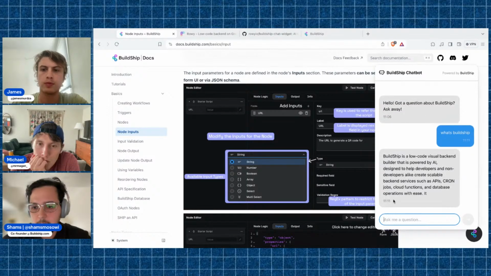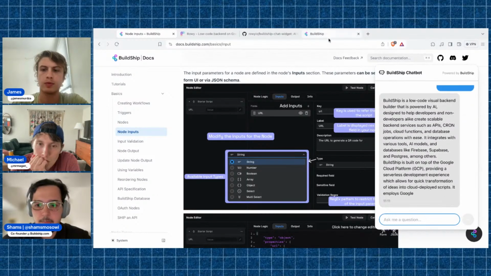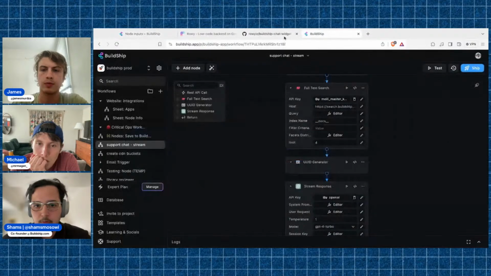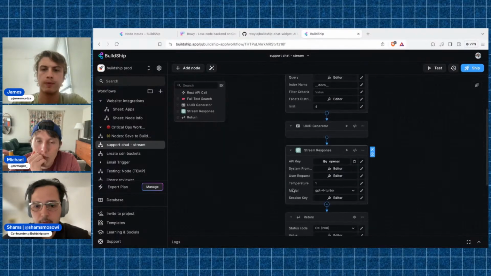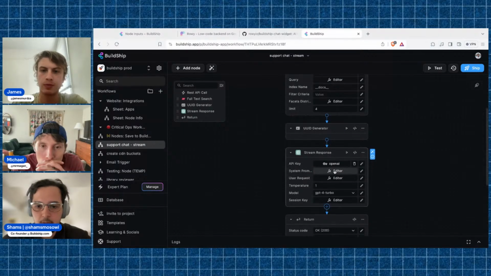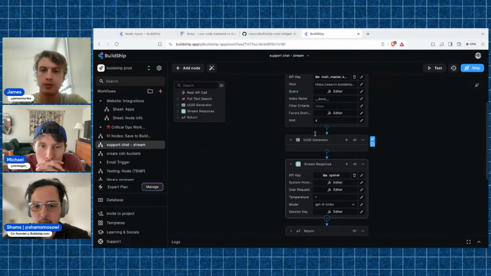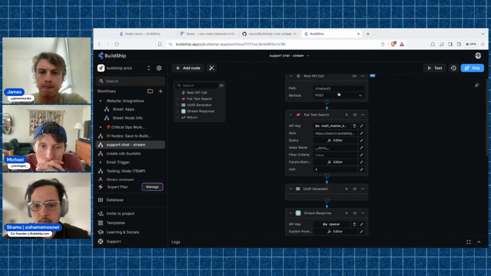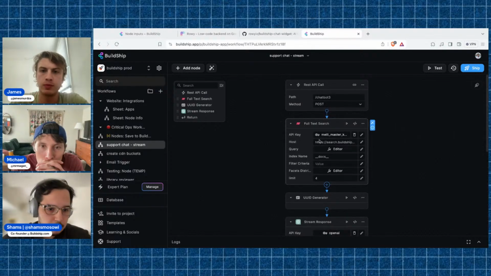So yeah, it's streaming the response, right? And it's using OpenAI, and we have a stream version of this node. But the thing that we want is not only to use ChatGPT to respond, because you could use that, but what we want to do is we want to be able to search through the docs. So we have another function where I think, let me see,